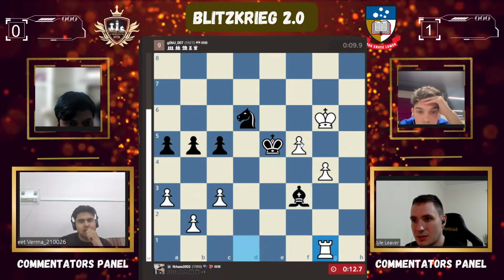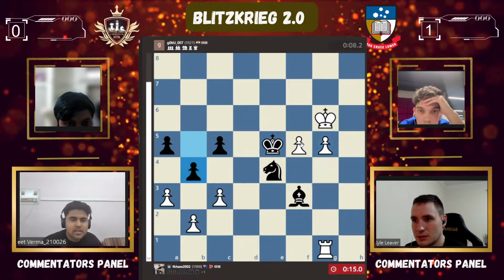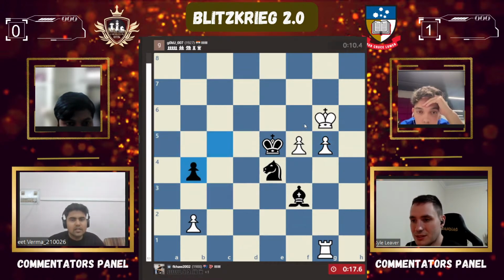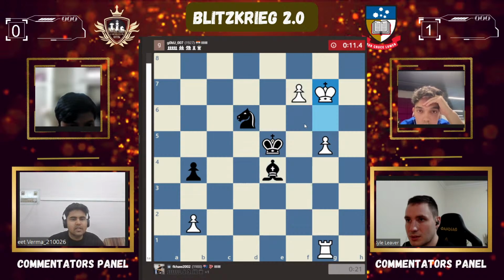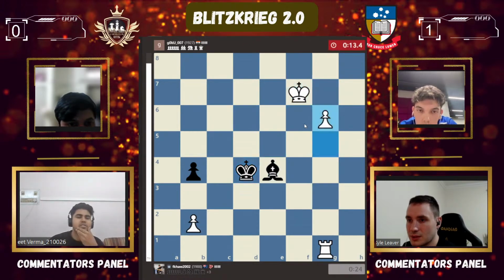Not yet. Okay. But now it's looking hard. The pawn's going to get to f6. Yes. Looks good for white. Now it's unstoppable. Yeah. I think it should have taken the